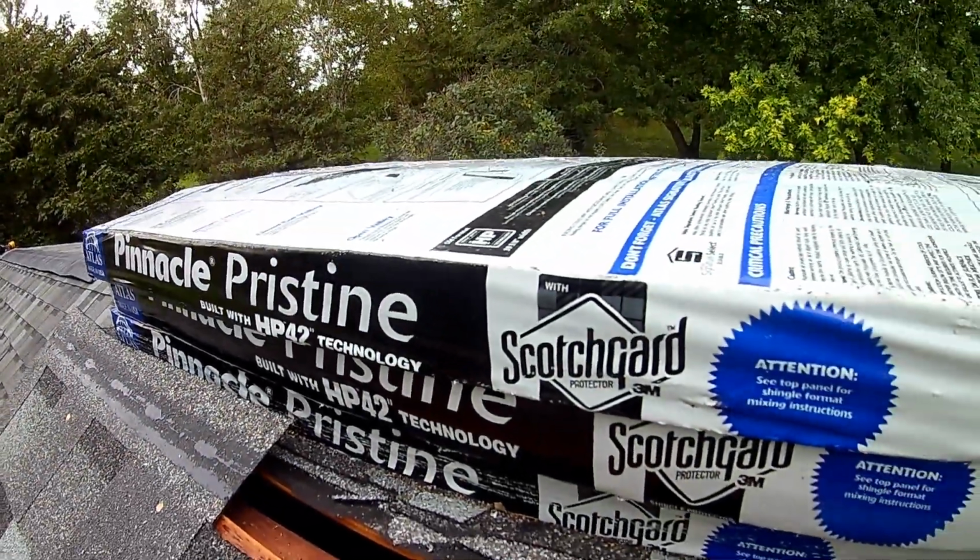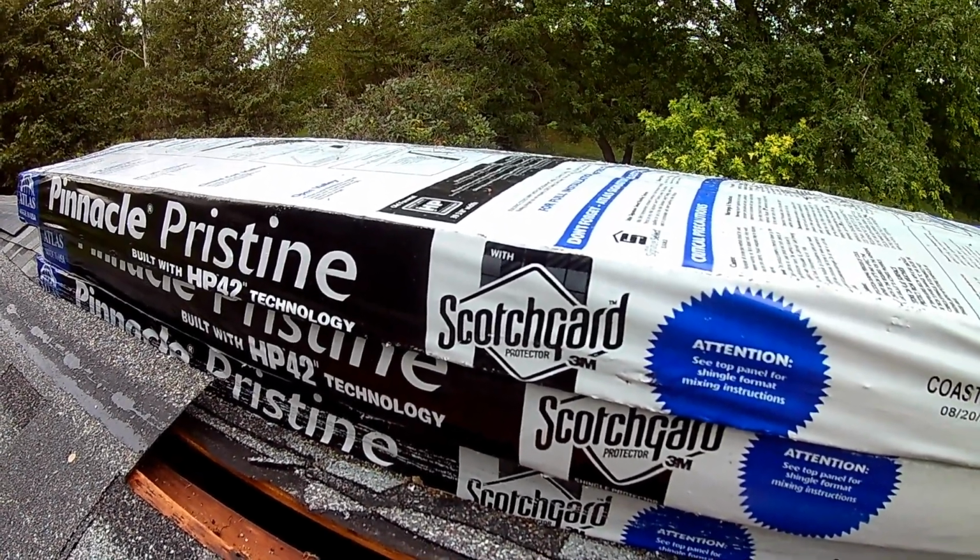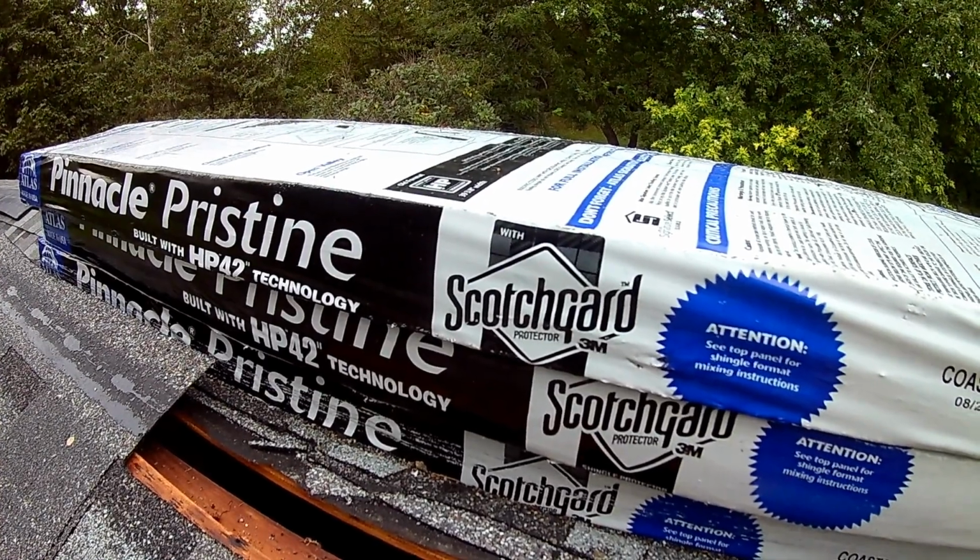I wanted to take a minute to explain why Atlas is becoming one of my favorite shingles. I know every roofer is pretty partial to their favorite kind of shingle, and I'm guilty of that too. In general, I've been using Atlas pretty steady for the last 2 or 3 years, and I really liked them. They've come a long way from when they first came out, but we're using Pinnacle Pristine, which is their highest grade, and the price per square is basically the same as Owens Corning or Certainteed or GAF,